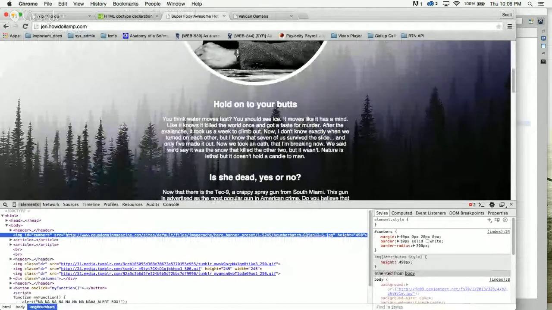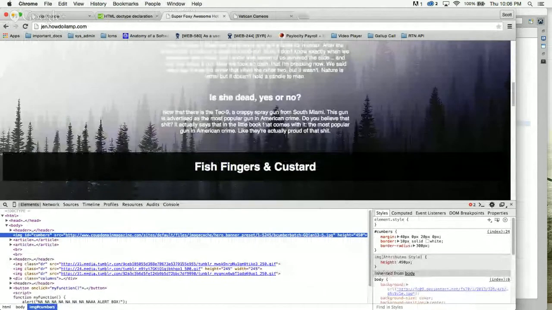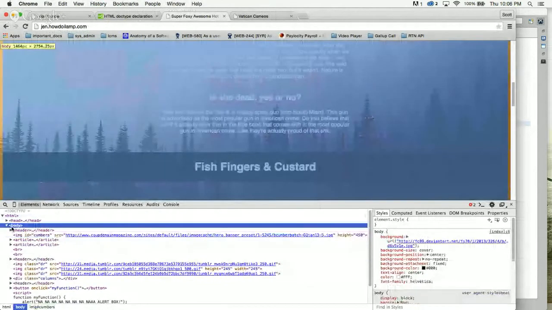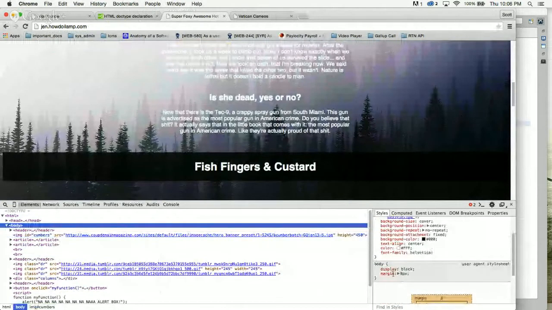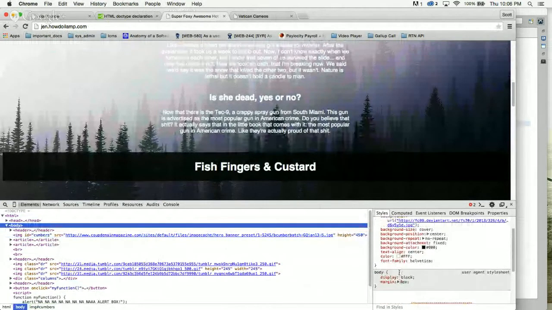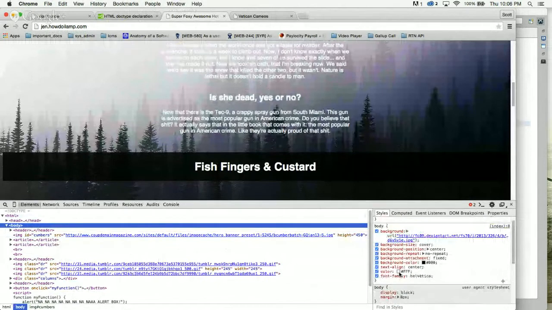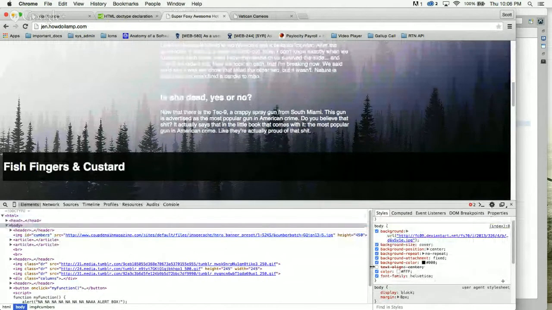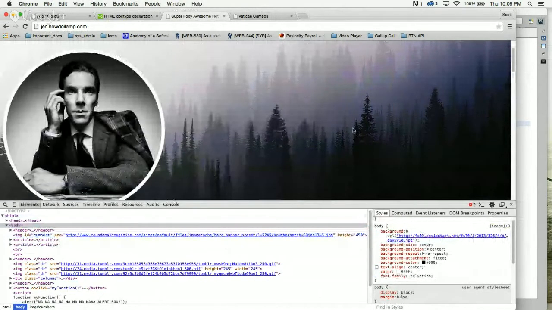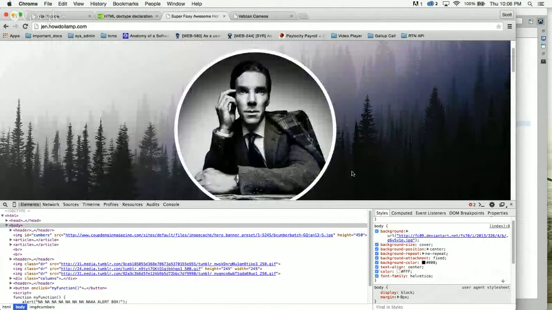Well, it looks like you actually have everything centered on your page. Yes. So this might be text align center. There you go. So that's what did it. Since you have everything centered that way,